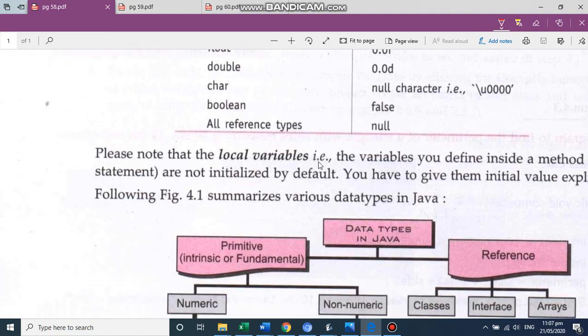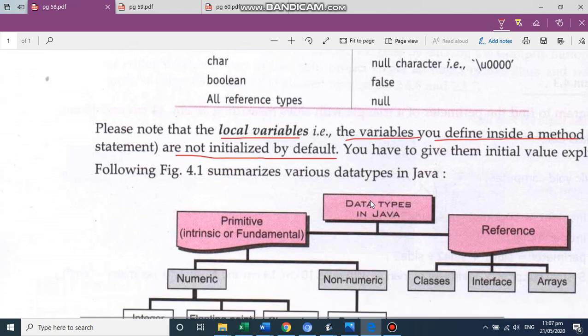So these are local variables. Any variable you define inside the method. Now you have seen two videos of programs, where you are writing string and age, that is written inside the method. So those are known as local variables. You can underline what local variables are: variables you define or write inside a method, and they are not initialized by default. You give them the value.